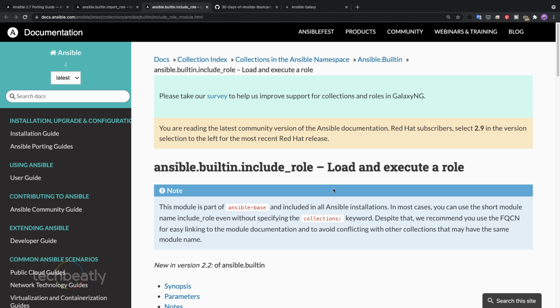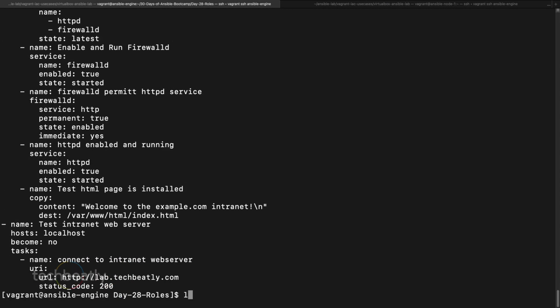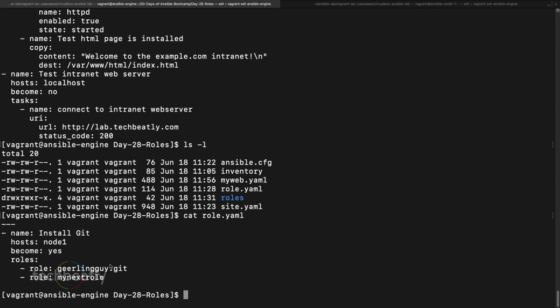You can directly call the roles in the playbook, as we mentioned here. We have this roles.yaml, and you can see you can call the roles something like this. You are not mentioning any task inside the playbook. It will directly call the roles, and you can add more tasks, like pre-tasks, all those things. That's a bit of an advanced topic.